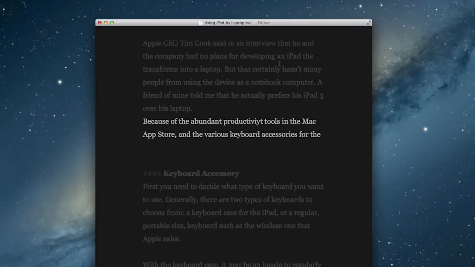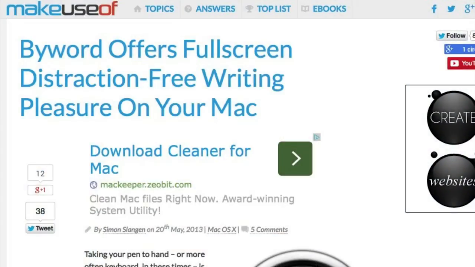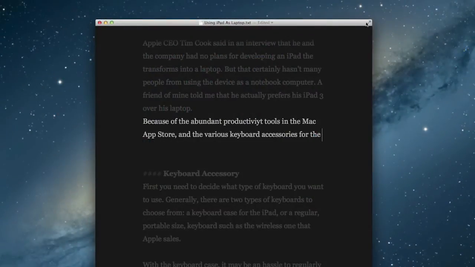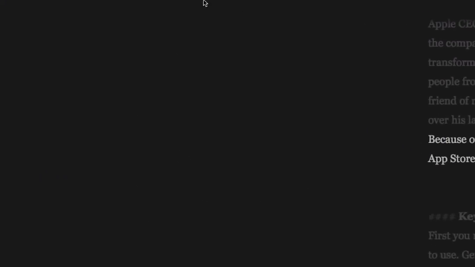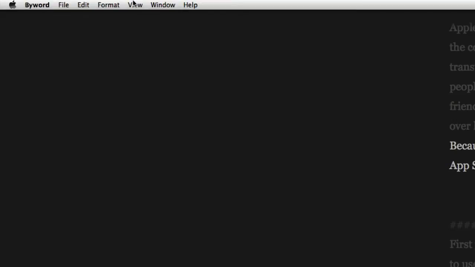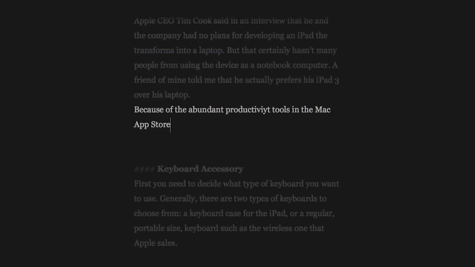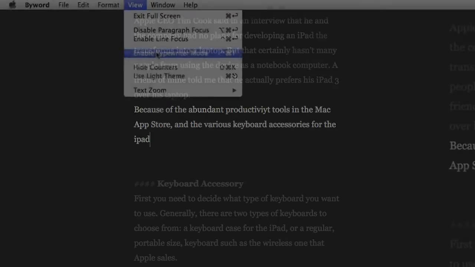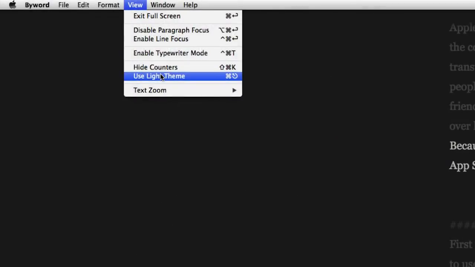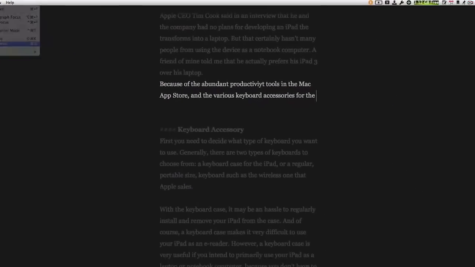The last application for review is one called Byword, which we also covered in MakeUseOf.com. When you enter the full screen mode here, you can access the features for full screen mode under the View menu item, and it includes the typewriter mode here, and it also includes a focus and line focus feature while you type. There's also the ability to change the theme of the full screen mode from dark to light here as well,